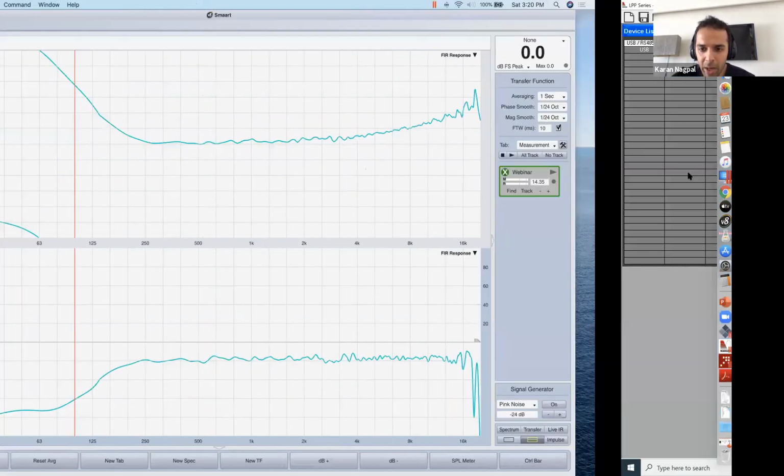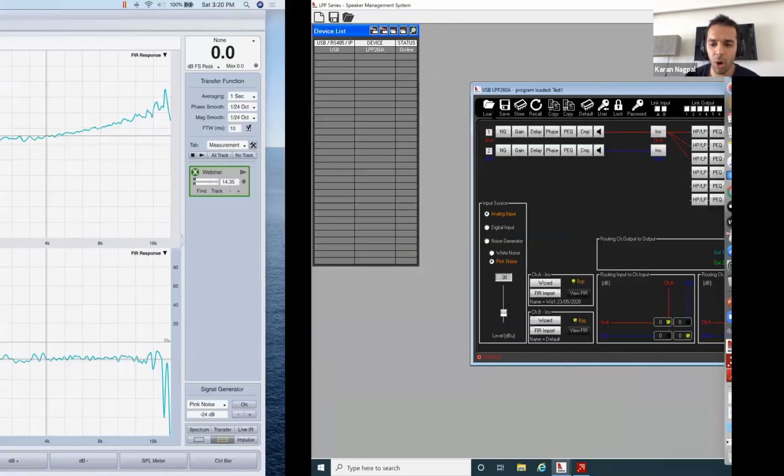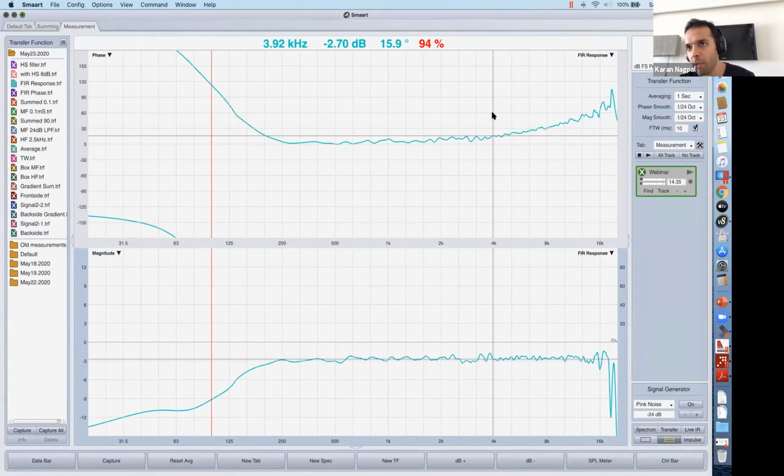Now if I move it back to just the regular filters, the latency would drop further. I've used FIR for my crossover between the HF and the mid, and I've used FIR for my linearization also.